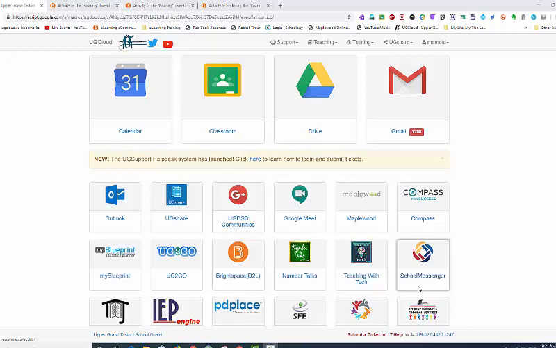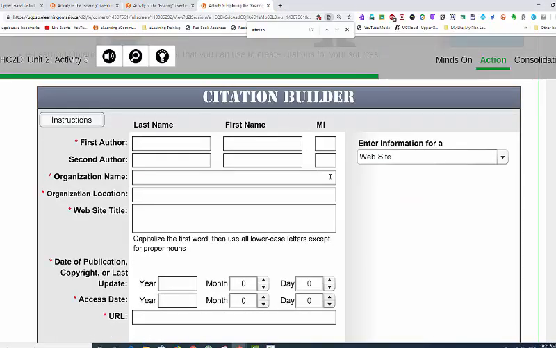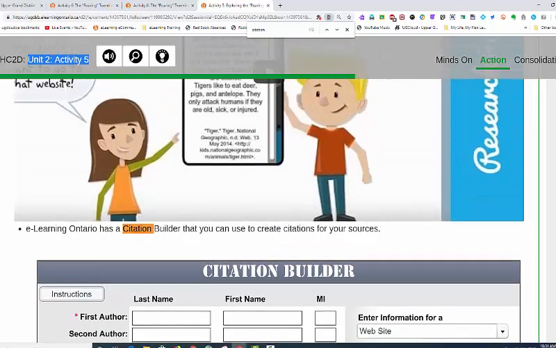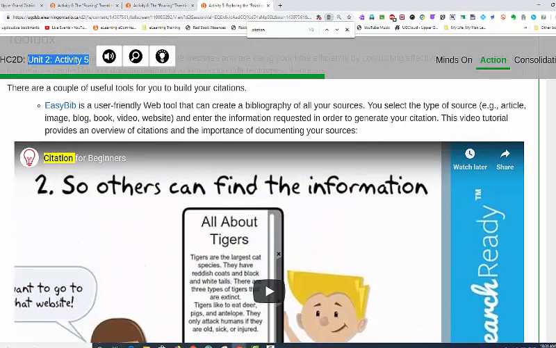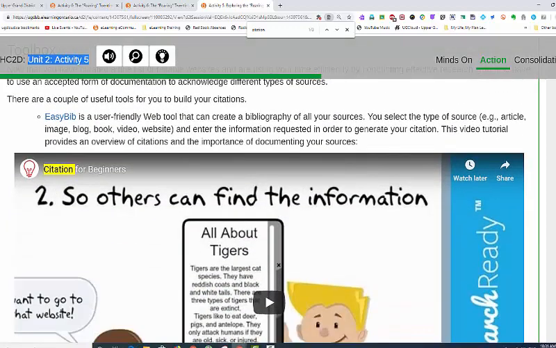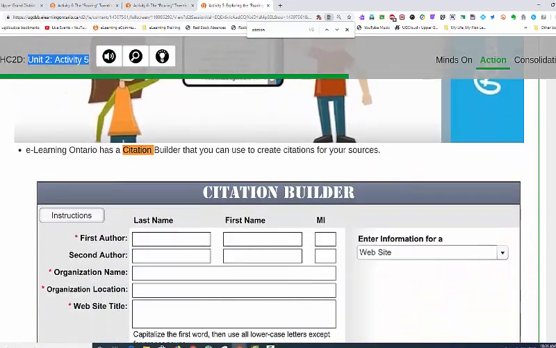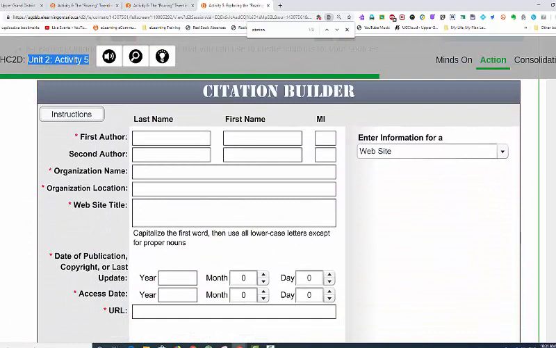There are two methods to create citations that I would recommend. So the first one is built in, it's called the Citation Builder, and it's built directly into the e-learning course itself under Unit 2 Activity 5 here. So partway down your screen, right underneath the Citation for Beginners, it has EasyBib provided for you, but EasyBib actually doesn't give you the format that we need, which is the Chicago style. So we're going to look at building a citation using the Citation Builder, but the second piece that you're going